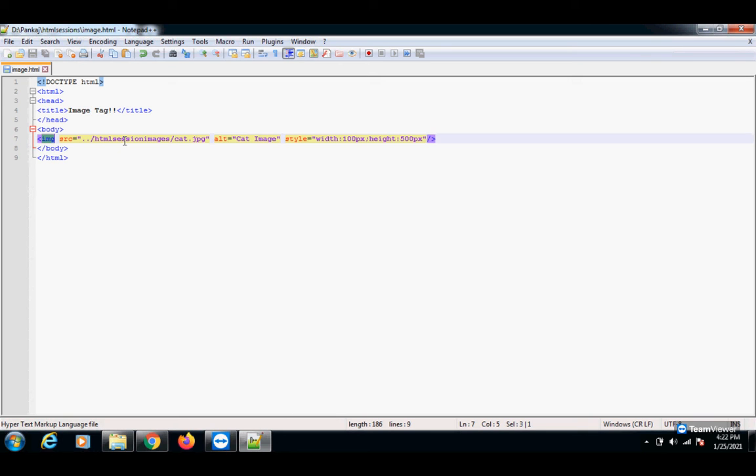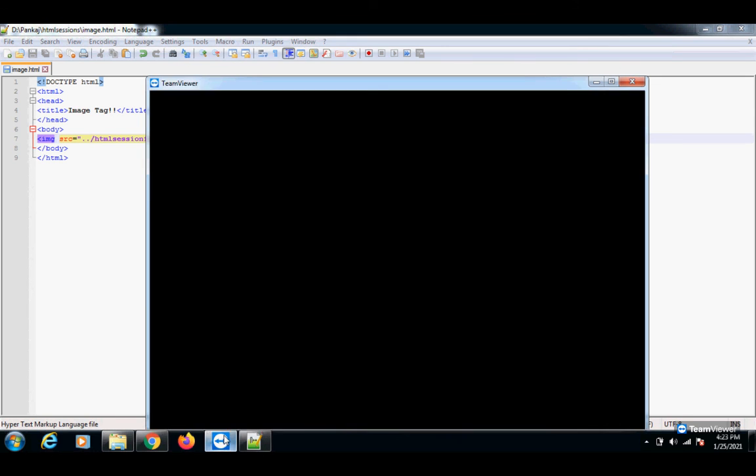Like I have my file in HTML session image, and if the file does not exist at that location, or the file is corrupted and is not able to render on the browser, in that case we have the alternative. Like I have given here cat image, so that will come in place when the file is not able to render on the browser.